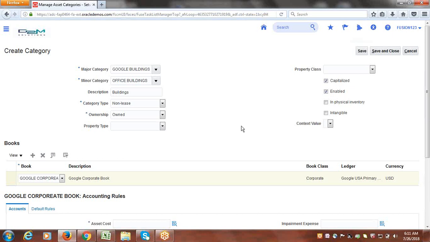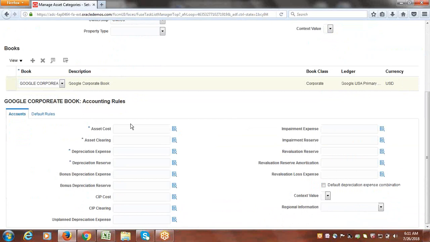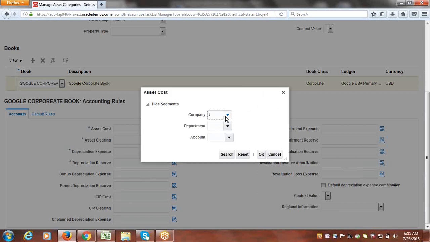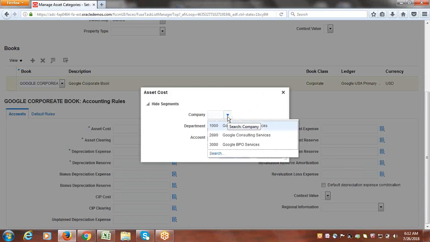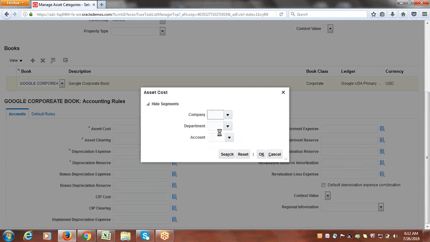Fine. So we selected our corporate book here, and we have to associate all these accounts with this category specification. We'll provide these mandatory accounts. Asset cost: this category is all about buildings. We can select the building account, company,